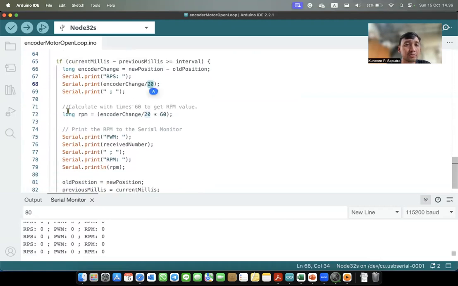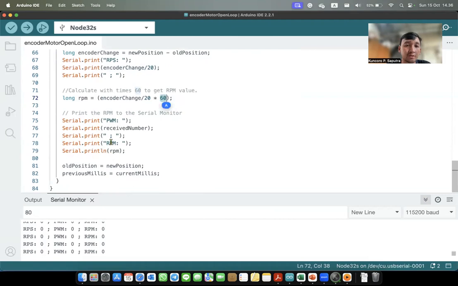After that, if we want to calculate rotation per minute, we can calculate the encoder change divided by 20 and then times 60. So we can get the rotation per minute. After this calculation, we update the old position with the new position and update the previous millis with the current millis.